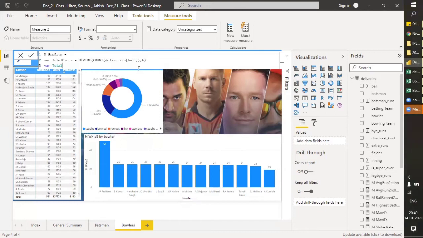So now we have got the number of overs the bowler has bowled, and now we want to find how many runs the bowler has conceded in his career, meaning how many runs he has given in his balls.